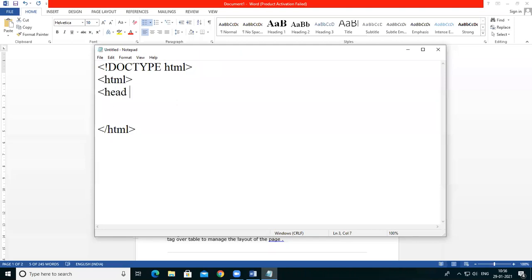That head tag is not related to the heading tags. This head tag gives the title to the web page. What you see up here, that is Untitled Notepad; if you give the title and save this file, then that name comes here. So this is the title, and that title is given in the title tag.